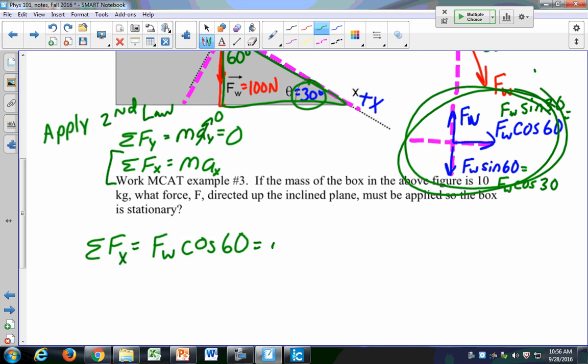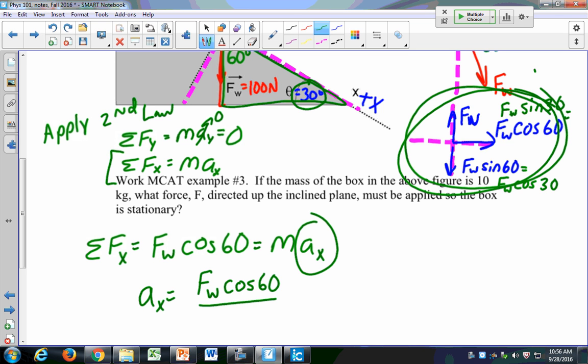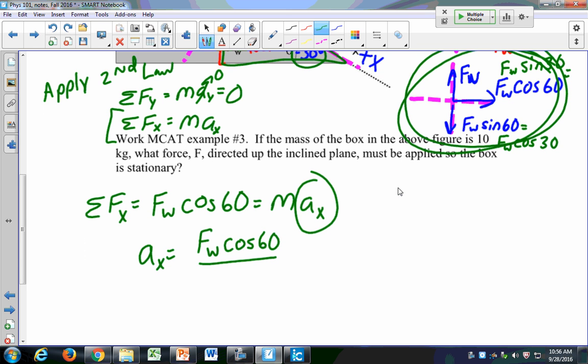And that is going to equal my mass times my acceleration in the x direction. I'm looking for the acceleration, and so I want to calculate this. I'm going to say that ax is equal to Fw cosine of 60 divided by my mass, right? Fw is m times g cosine of 60